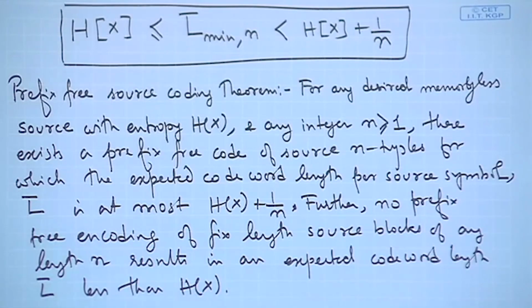This is a very strong result, which tells us that you can design code word lengths such that it is very much possible to bring it as close to entropy as desired,